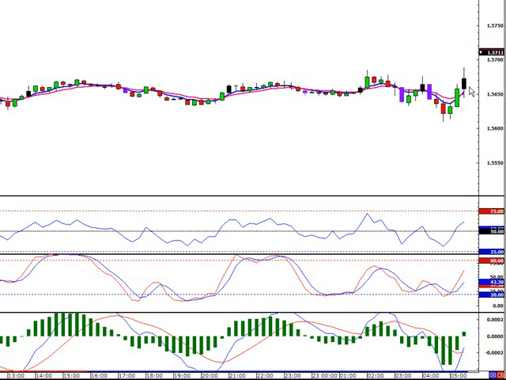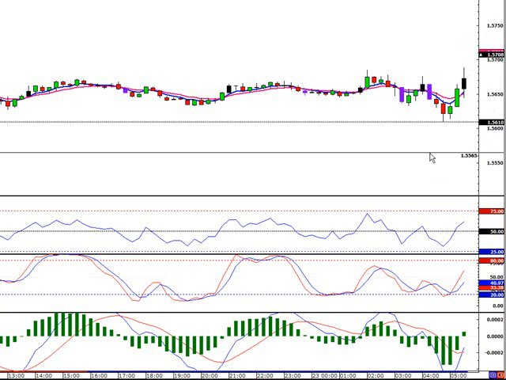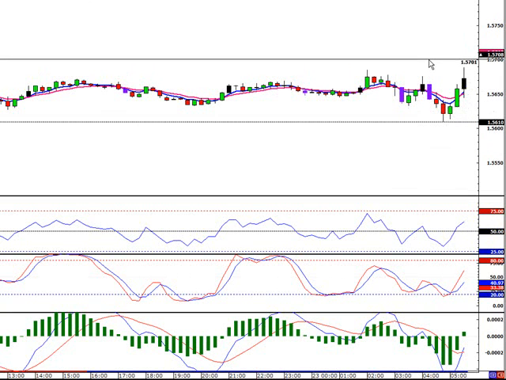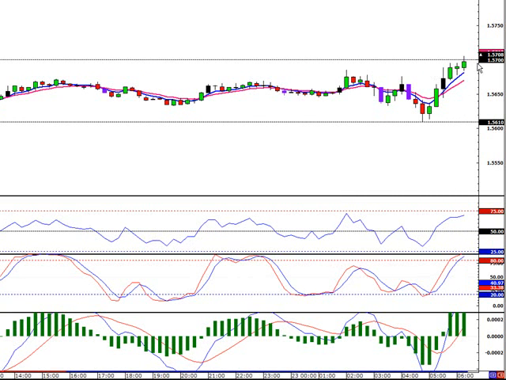So we're going to go ahead and enter at the close of the candle at 56.73. Our stop will be at the most recent swing low, 56.10. Our target will again be at 5700. And this time we do get our target hit, so at 5700.